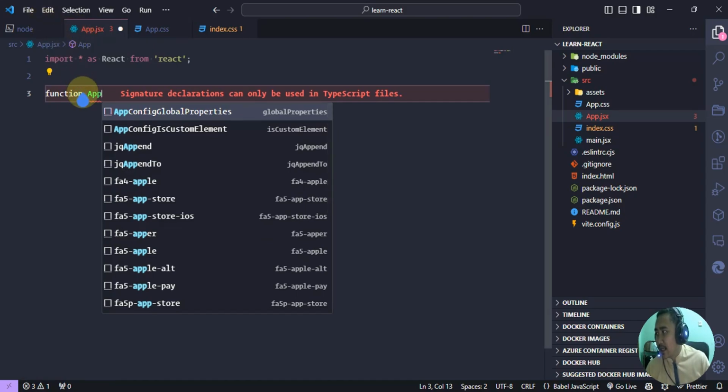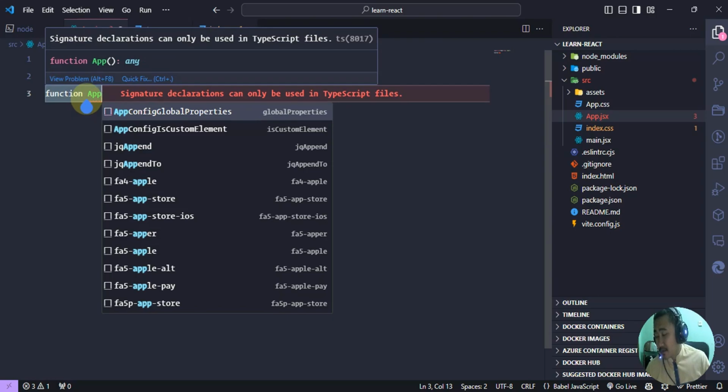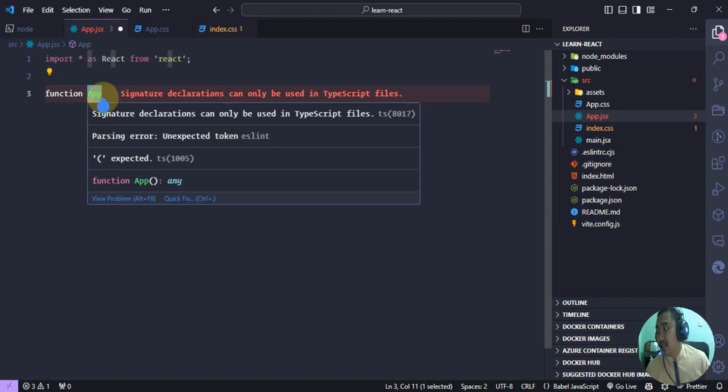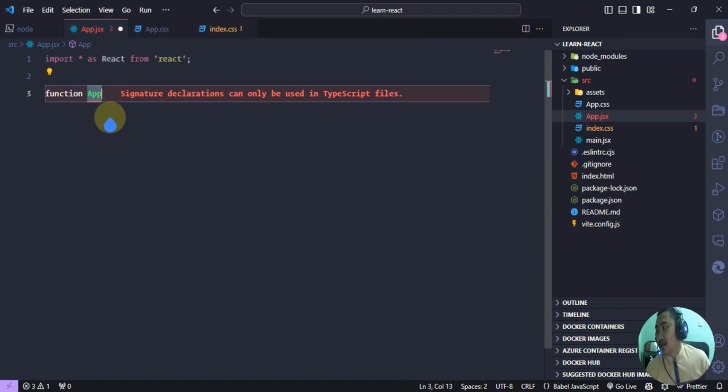Remember, to create a component in React, we must use a capital first letter like this. If not using a capital letter, React will not recognize our function as a component, but instead React will recognize this as just a regular JavaScript function. So we need to make it a capital letter first when we are creating our component.